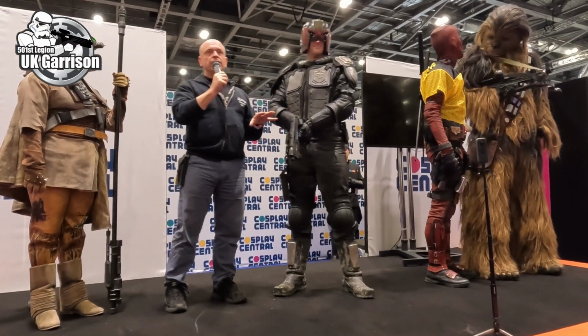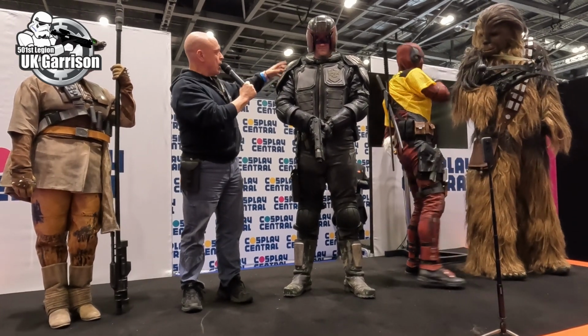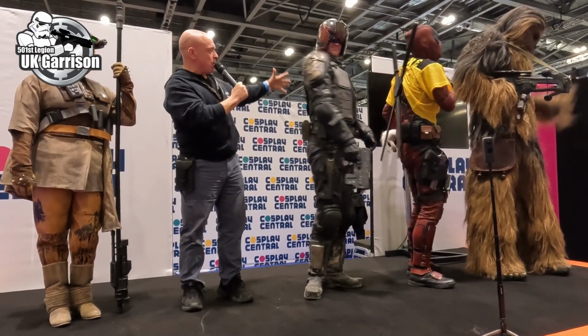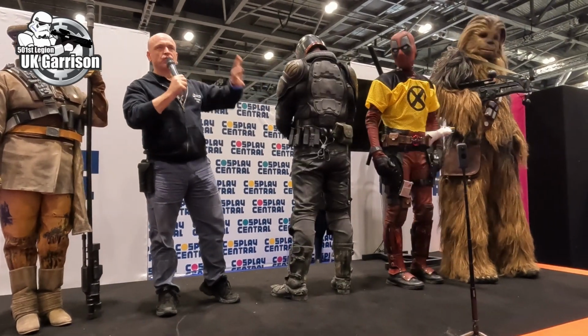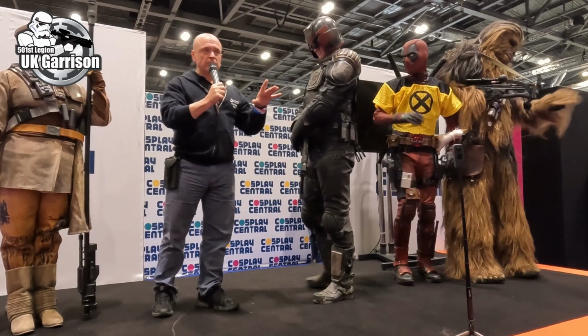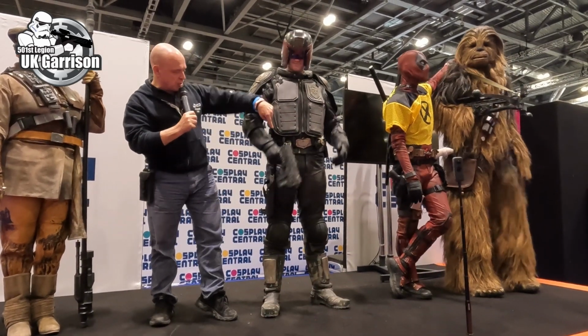The costume is exactly to the design. Custom built, the eagle on the side, the vest, the badges, all of the armor at the back, all custom designed to match exactly what you will see in the movie. The most difficult part of the costume to put together is actually the belt, because it's made up of so